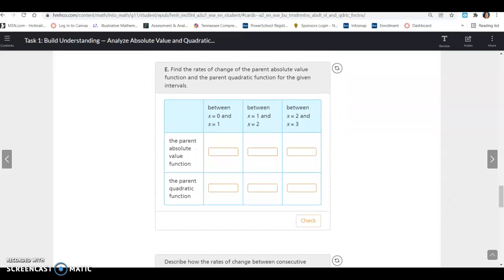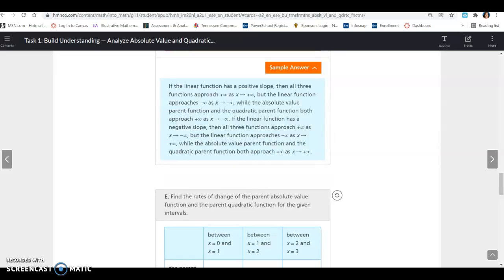All right, so find the rate of change of the parent absolute value function and the parent quadratic function for the given intervals. All right, so the rate of change, remember, y minus y over x minus x. So between 0 and 1, the parent absolute value function is going to be 1. And because these are lines, these are going to be the same all the way up. Now the quadratic is going to be a little bit different. So from 0 to 1,